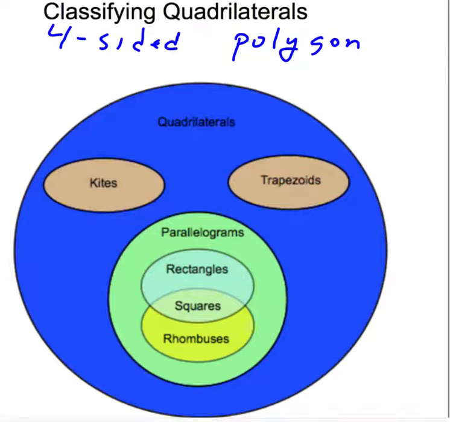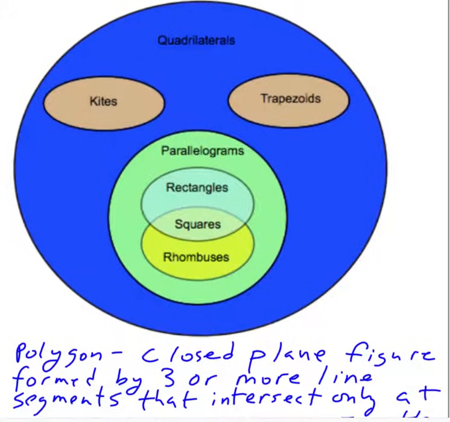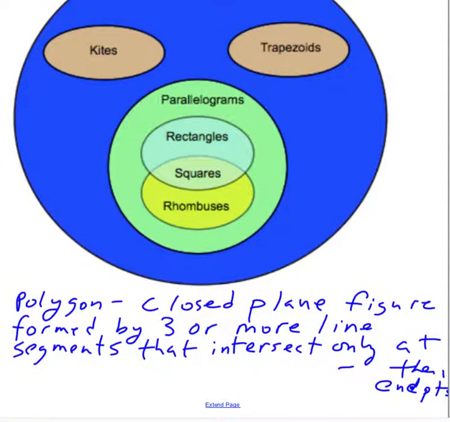It's a lesson on classifying quadrilaterals, and what I first have here is what we call a Venn diagram. And let me start by defining what a quadrilateral is. It's a four-sided polygon, and just so that we know what a polygon is, a polygon is a closed plane